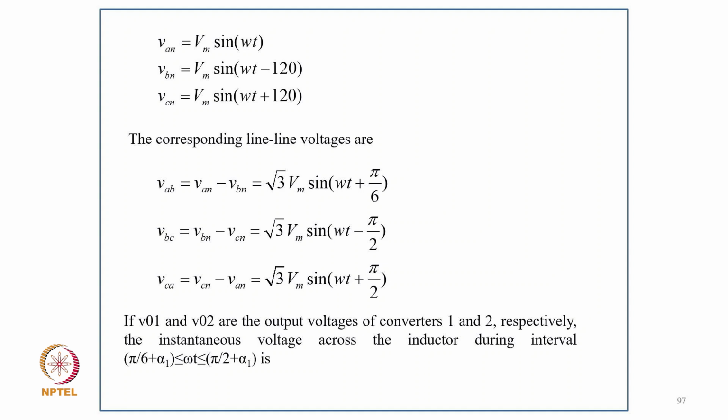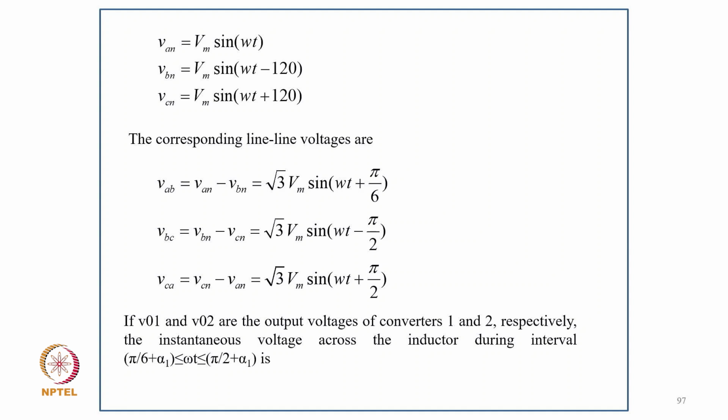And coming to the analysis of this, VAn equal to Vm sin omega t, VBn equal to Vm sin omega t minus 120, and VCn equal to Vm sin omega t plus 120. The corresponding line to line voltages are VAB equal to VAn minus VBn equal to root 3 Vm sin omega t plus 5 pi by 6, and VBC equal to VBn minus VCn equal to root 3 Vm sin omega t minus pi by 2, and VCA equal to VCn minus VAn equal to root 3 Vm sin omega t plus 5 pi by 6. If VO1 and VO2 are the output voltages of converters 1 and 2 respectively, the